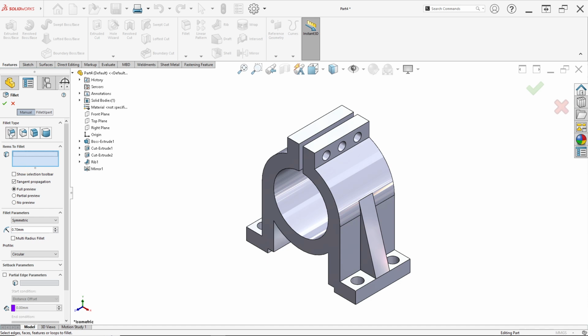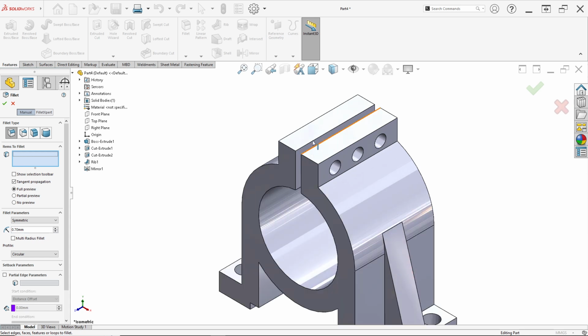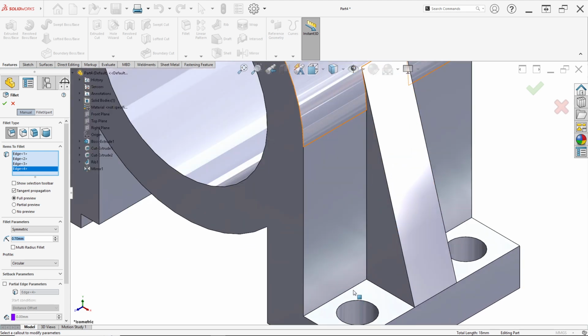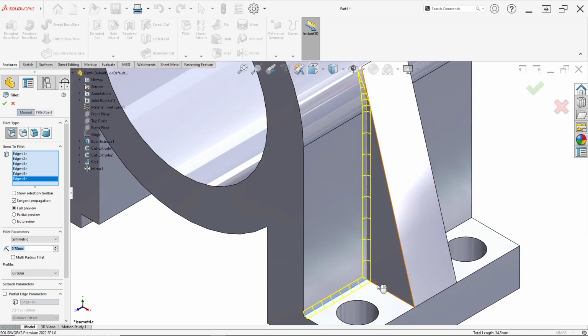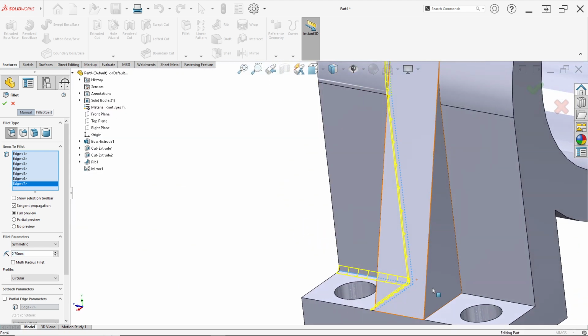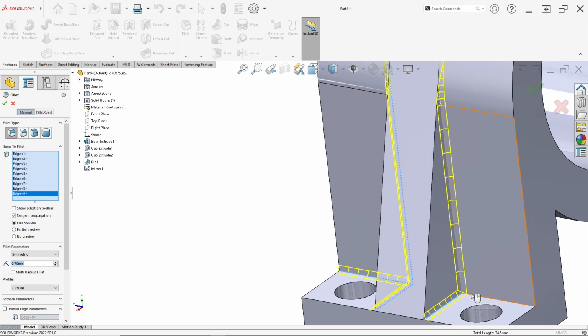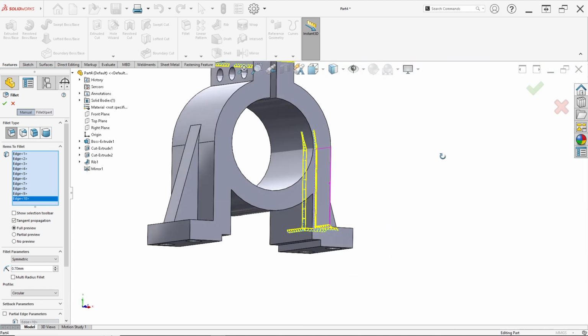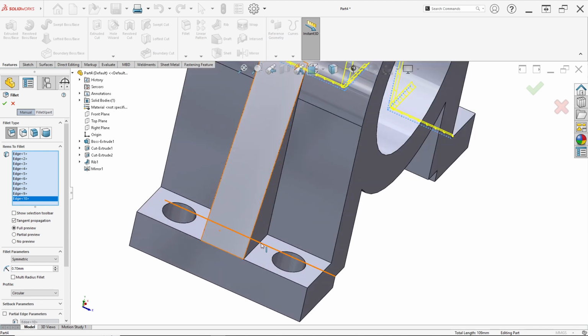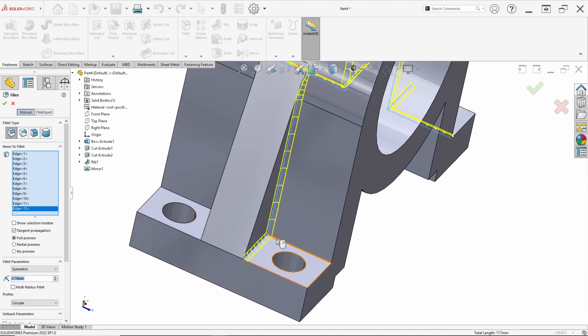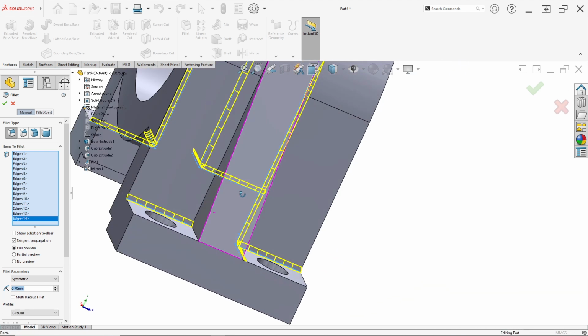and fillet type, ensure you select constant size fillet, and for items to fillet select this edge, this edge, this edge, and so on around the part, and the others in here.